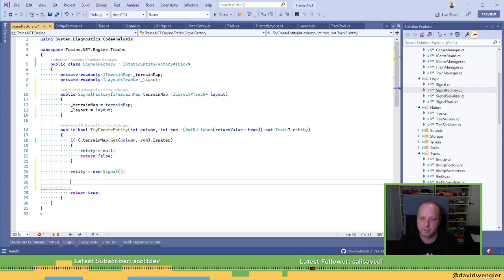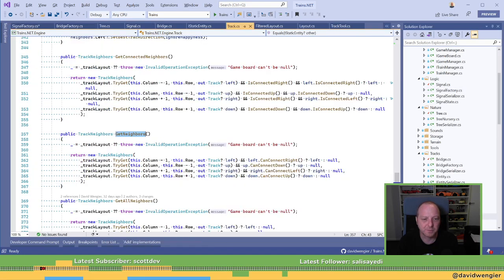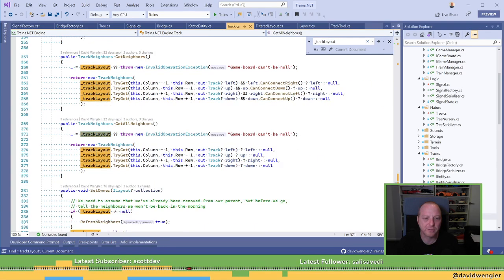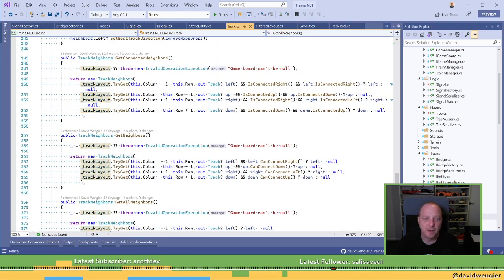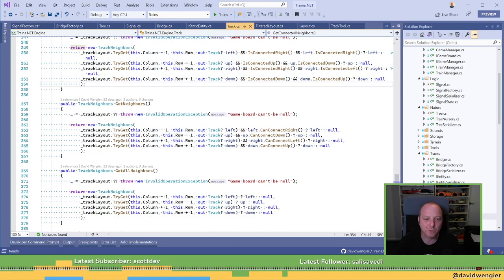Wait, where does that get its layout from? Track layout. Oh, I've got to call set owner. Yeah, right. Okay. So, which one do I want? Get connected, get neighbors, or get all neighbors?